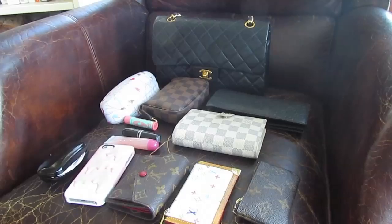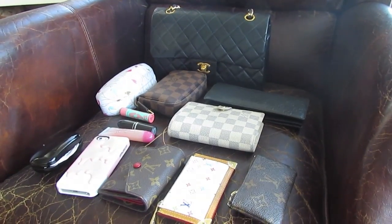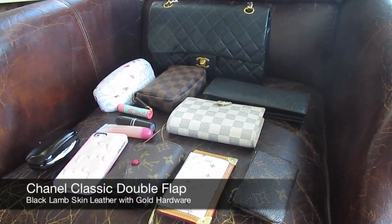So I'm going to go now and show you how I pack this purse. It is set up in my living room on my couch so I can lay all my things out and have a good angle to show you how I fit everything down inside this purse. Let's go. Okie doke, first up you can see laying out here is all of the stuff that I have